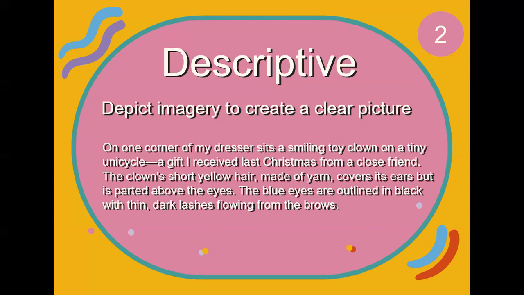Now, from this description, we understand that the writer is describing the clown that he received as a gift from his friend, and he's quite fascinated with the clown, so he wants to share how the clown looks with the readers. So he's describing every minute detail about the clown, so that the readers can have a better understanding of how the clown looked. And about the hair, the nature of his hair, the color of his hair, and how the clown was dressed up. All these details the writer gives, and this allows the reader to have a vivid picture about the clown.